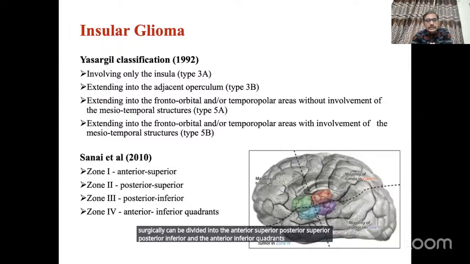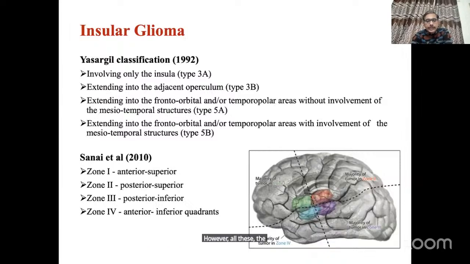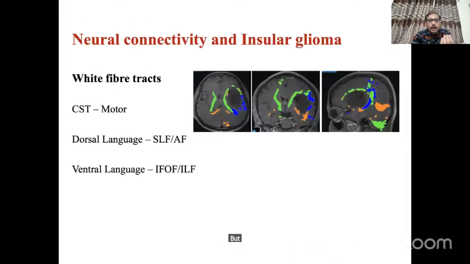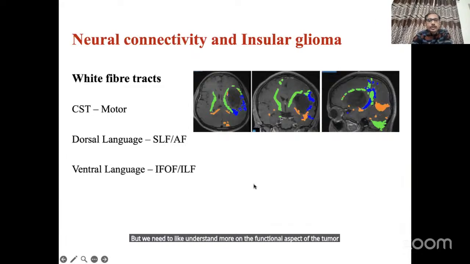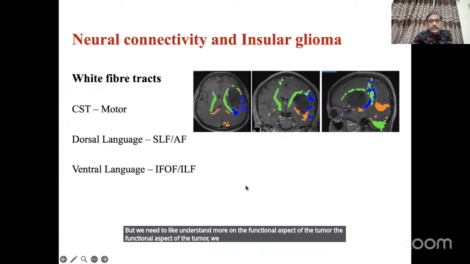However, all this understanding is based on the anatomical structures, but we need to understand more about the functional aspect of the tumor. The functional aspect we need to understand, as Dr. Abhidha has already discussed, is that the insular glioma usually displaces or involves the various white fiber